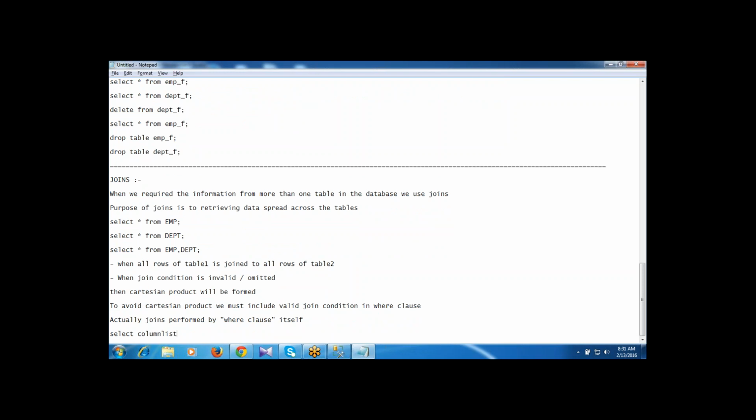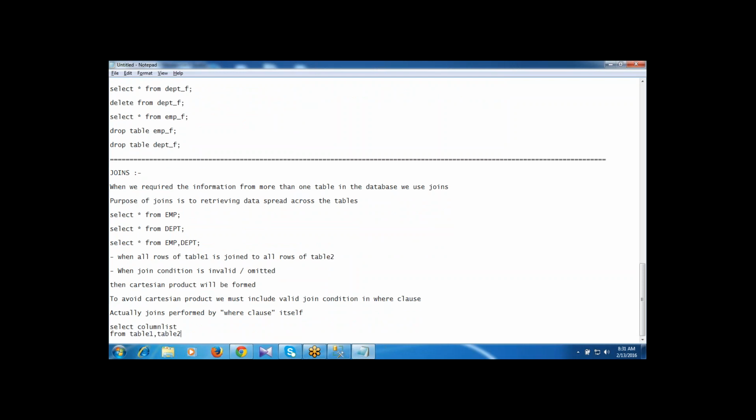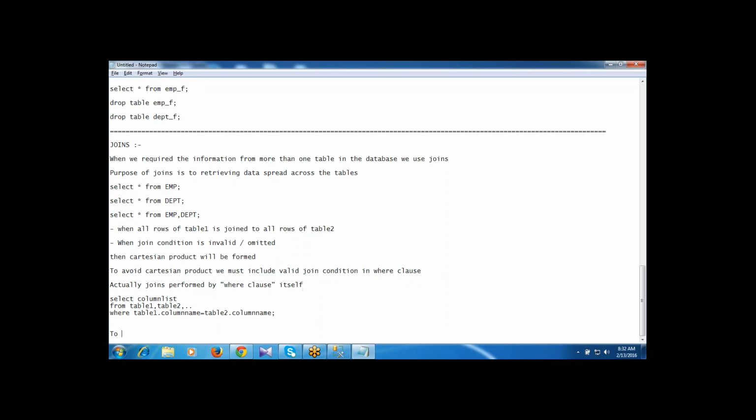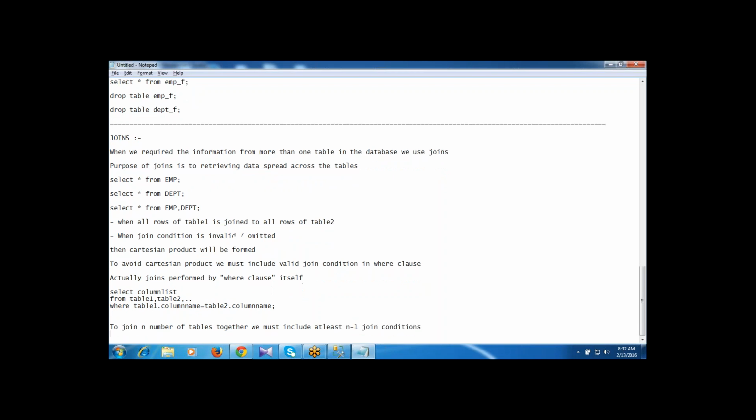Select column list from table 1 comma table 2 where table 1 dot column name equals table 2 dot column name. To join n number of tables together, we must include at least n minus 1 join conditions.